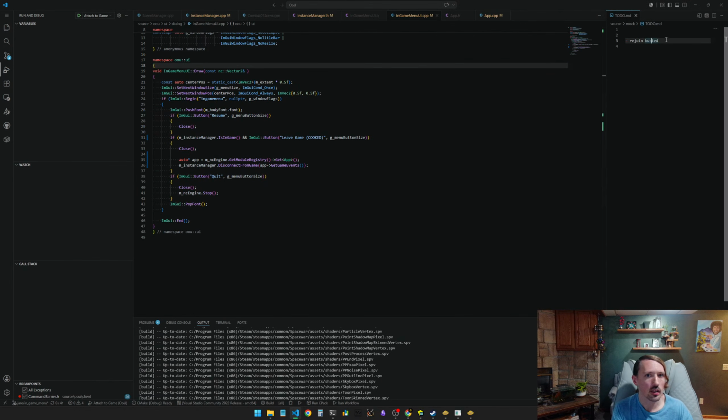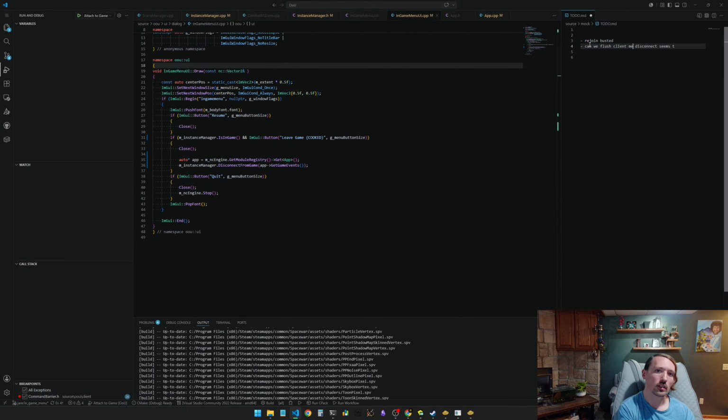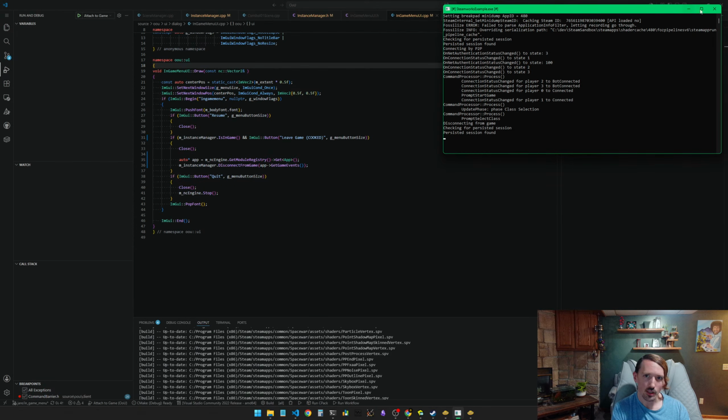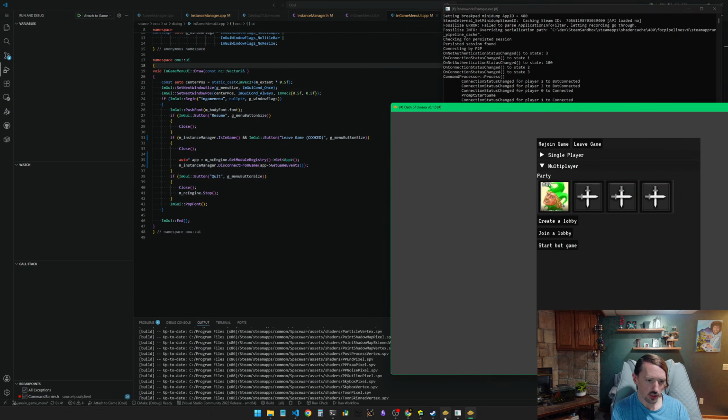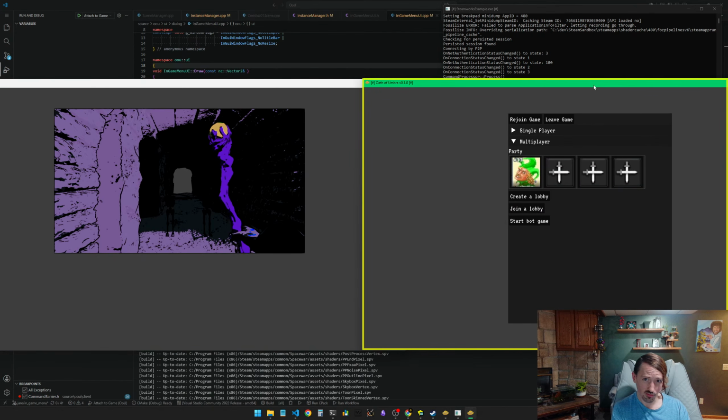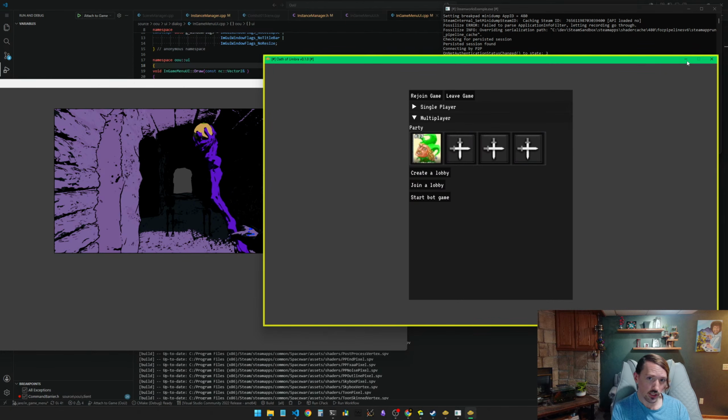Maybe there's a way we can... what do I want to say here? Well, how about this? Can we flush client messages in the destructor? Seems like when we leave, the server is timing out on us leaving rather than getting a message that we quit. So maybe we could send something to make that faster. It's not a big deal, but